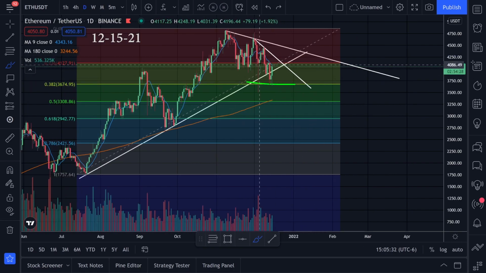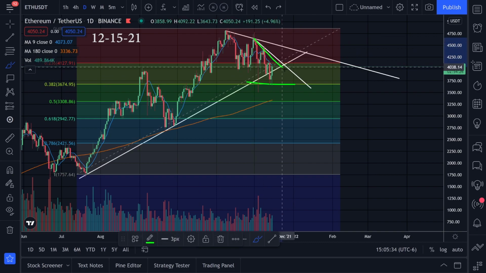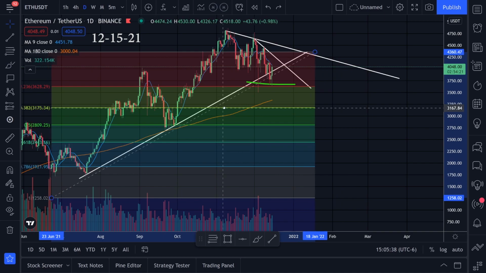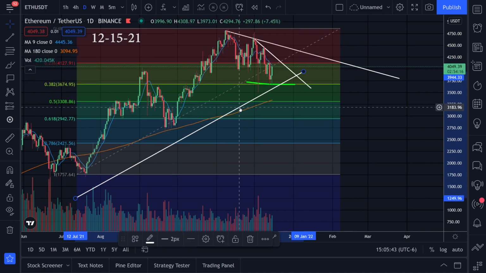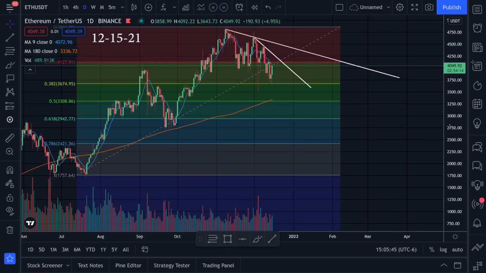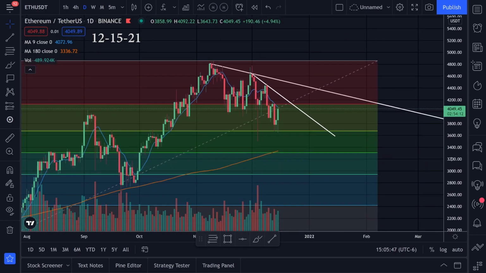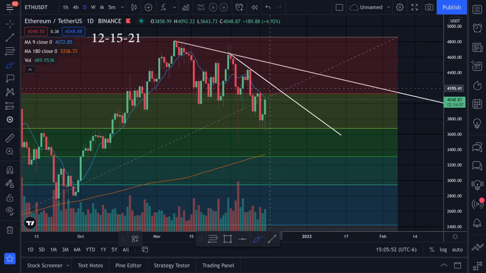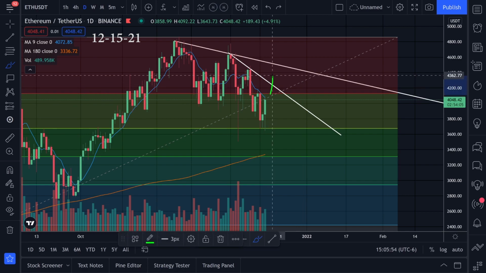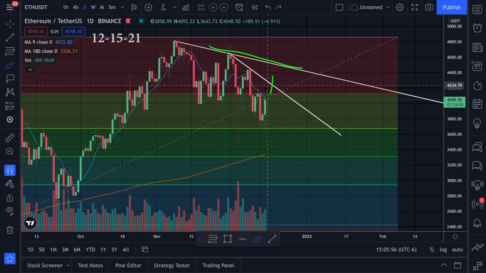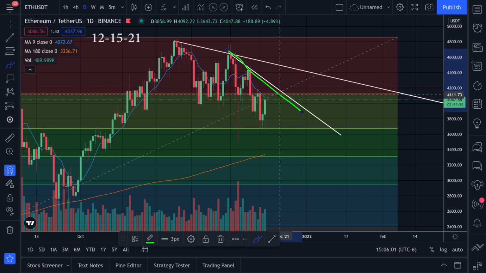Right now what I'm looking at is I'm curious if we're going to come into this trend line going to the downside. Let's go ahead and delete this trend line, and we'll delete this and zoom in. I'm curious what's going to happen when we come into this trend line right here. Are we going to be able to break through it and then break through this one as well? Or, I mean, what's going to happen when we hit this trend line? That's the first step that we got to think of.